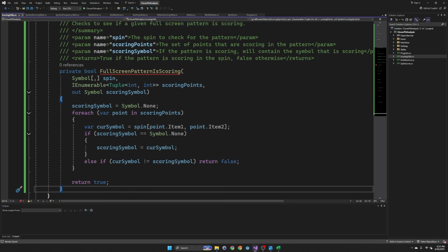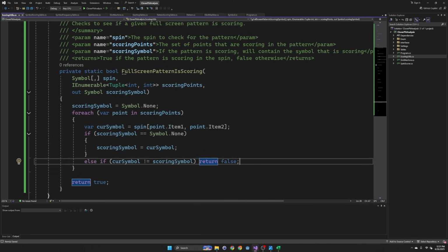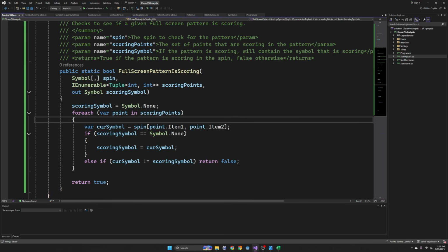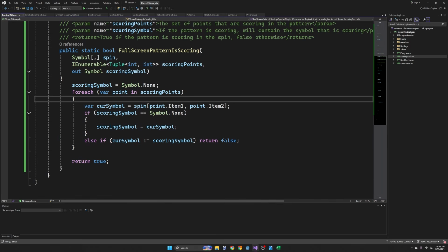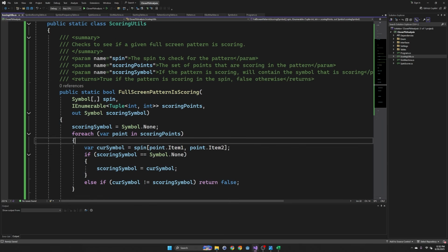Okay. What is this complaining about? Oh, static. Static bool. There we go. So this is a static class, and a static method here. Changes to public, so it's a util method. Full screen pattern is scoring. We take the spin, scoring points, scoring symbol. We go through each scoring point, and then we check if it is all the same. There we go. Okay, so here's what I need to do now, is I need to create the different